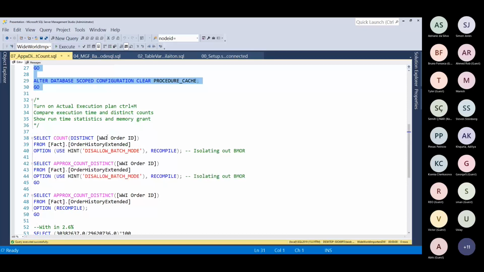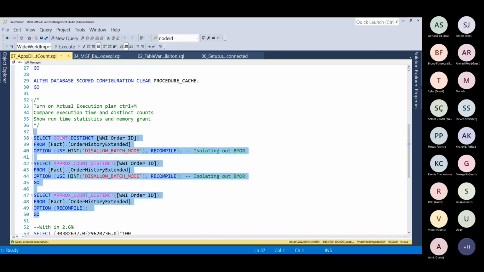So as you see, I say count, I say approximate distinct count, and here I'm turning off batch mode purposely just to see that nothing else interferes. And I'm also going to let it do the batch mode. So if I run all these 3,